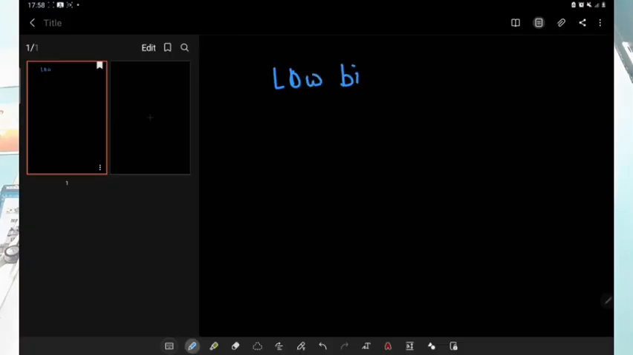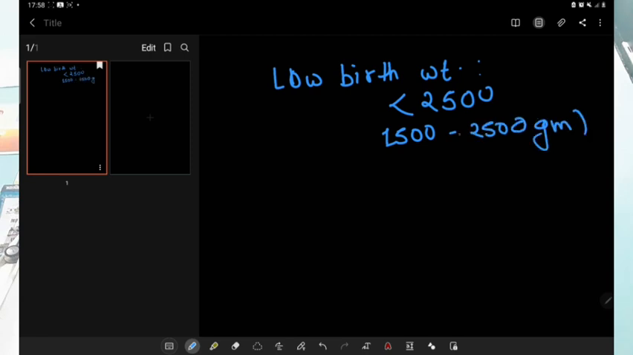Hello everyone. Today we'll be talking about low birth weight. Low birth weight is defined as if the weight of the baby is less than 2500 gram. That condition is called low birth weight. But if the weight of the baby is less than 1500 gram, then that condition is called very low